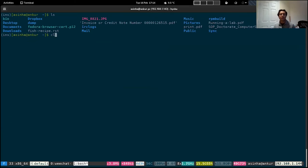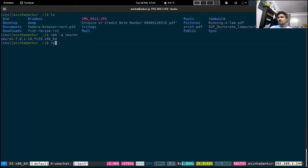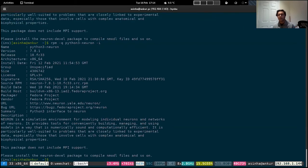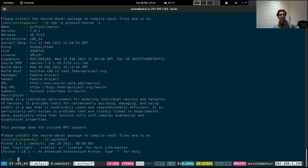So for example, is the font big enough on my terminal, or should I increase it a little bit? Can everybody read what's going on? Yeah, great. It's fine, yeah. Okay, so I have Neuron installed in my system, right? And then I also have the Python bindings for Neuron installed, and which means I can basically,